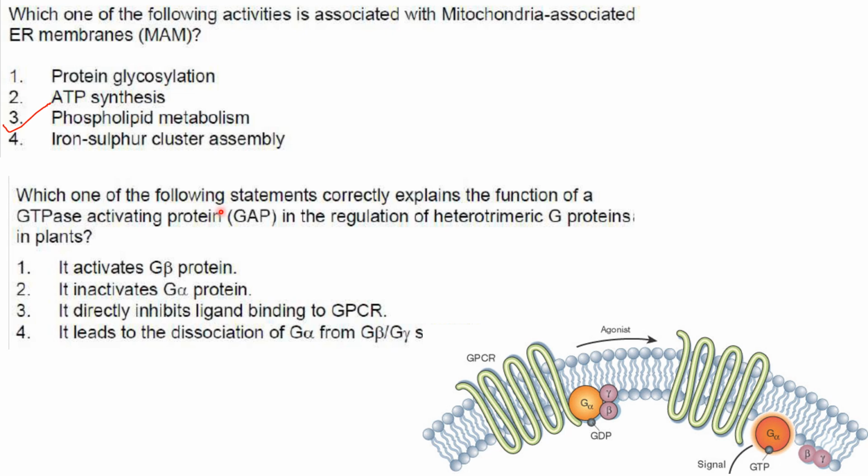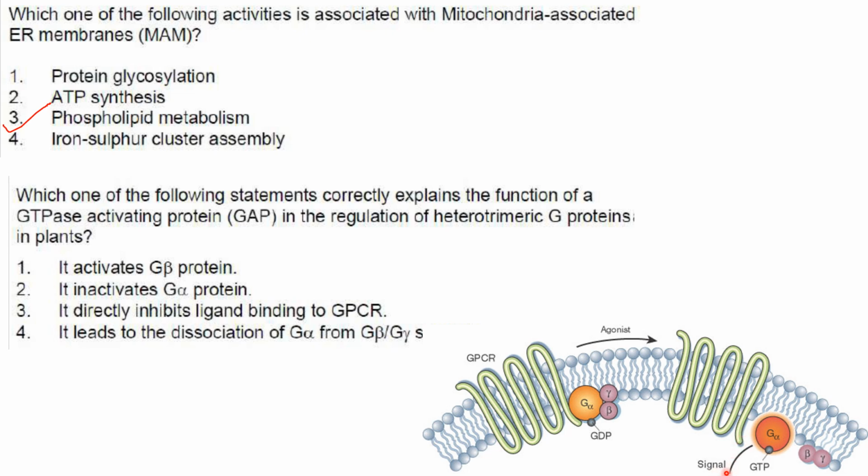The next one. Which of the following statement correctly explains the function of a GTPase activating protein, GAP, in the regulation of heterotrimeric G proteins in plants? So whether it is in plants or animals, heterotrimeric G proteins, they get activated upon binding with GTP. If you see here, this is the GPCR. This is G alpha, which is bound to gamma and beta subunits. G alpha is attached to GDP. When it gets hydrolyzed to GTP, the beta gamma subunit separate from the G alpha subunit, and then it processes